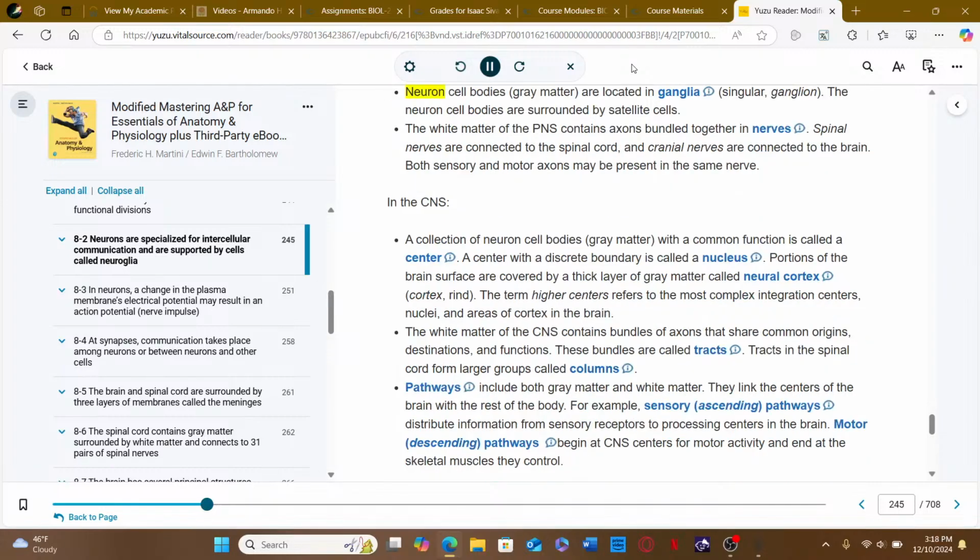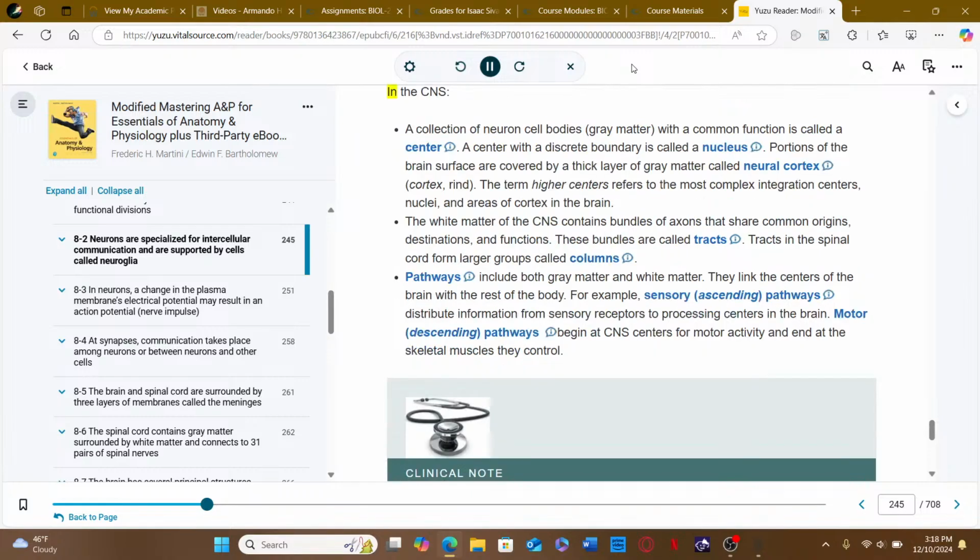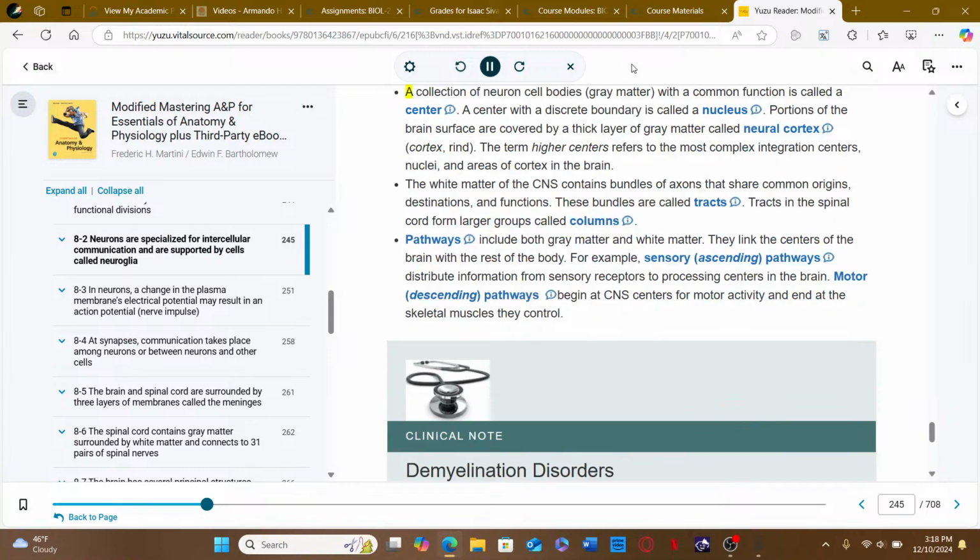In the PNS, neuron cell bodies, gray matter, are located in ganglia, singular ganglion. The neuron cell bodies are surrounded by satellite cells. The white matter of the PNS contains axons bundled together in nerves. Spinal nerves are connected to the spinal cord, and cranial nerves are connected to the brain. Both sensory and motor axons may be present in the same nerve. In the CNS,